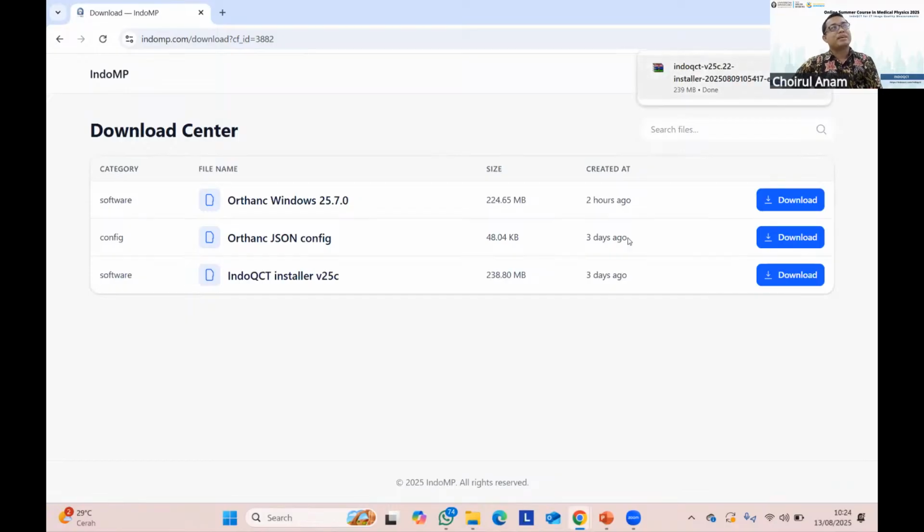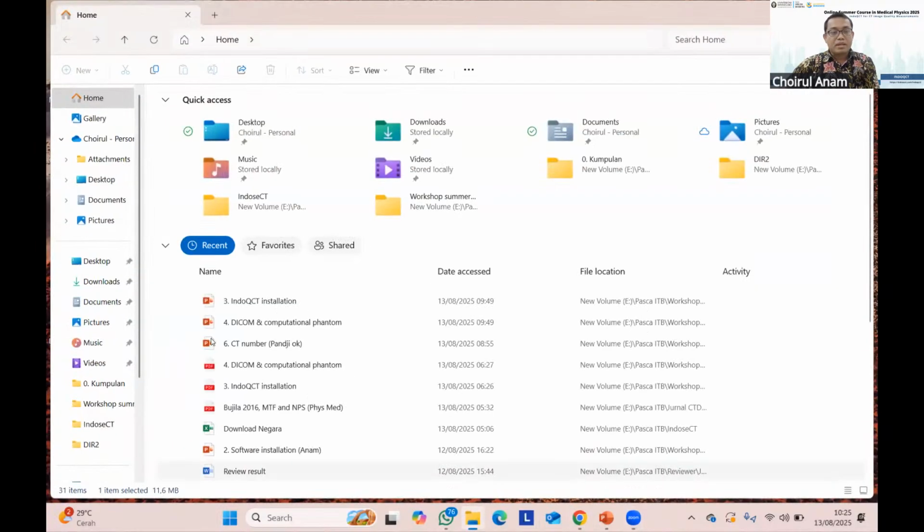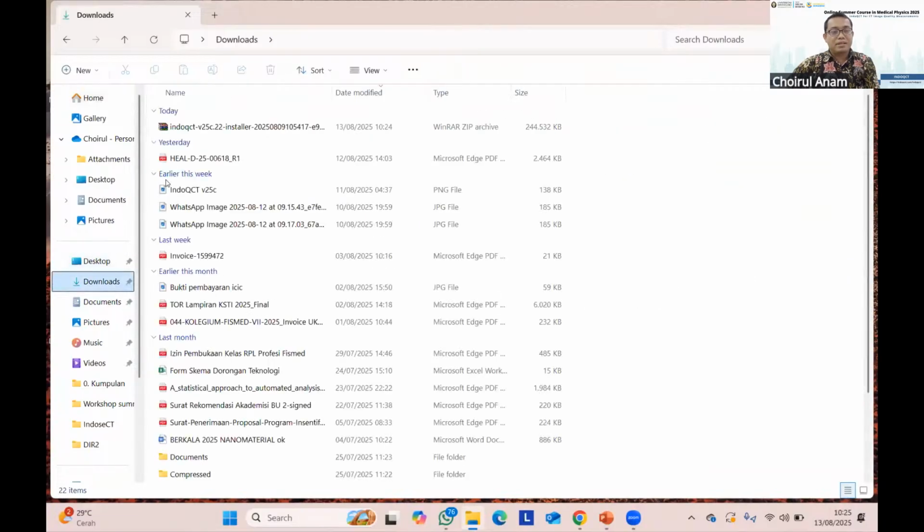Yeah, it is finished. Please keep in mind that maybe your computer will detect this file as a virus. So if your computer detects this file as a virus, turn off your virus detection, your antivirus. Okay, after you get this file, in this example, we can also see it in the Explorer, in the download, and this is our file, the IndoQCT version